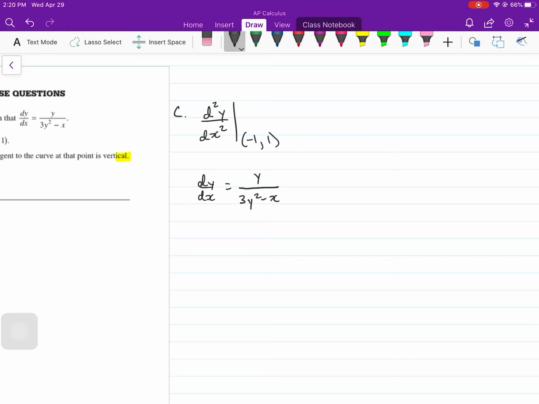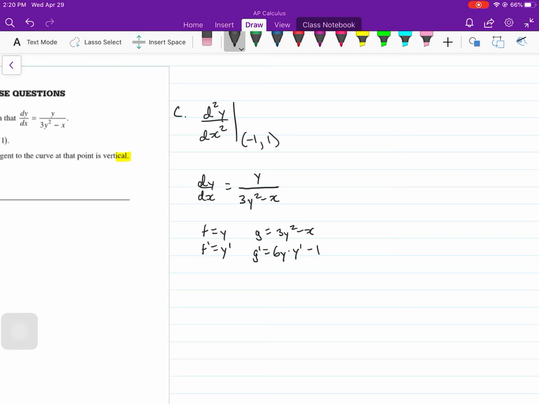So let's go ahead and do quotient rule. We're going to do f prime times g. So f is y, so f prime is y prime. And g is 3y squared minus x. So g prime, if you remember chain rule on these implicit differentiations, is 6y times y prime, because the inner function is y here. You bring down the 2 times 3 is 6. You still have to multiply by the inner function of y, which is y prime, and then minus 1. Because we're taking the derivative with respect to x, we don't call it x prime, we call it 1,